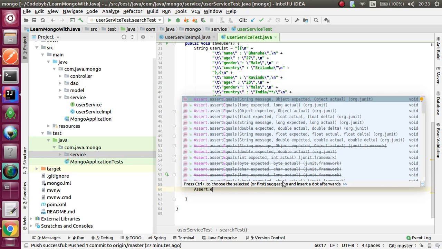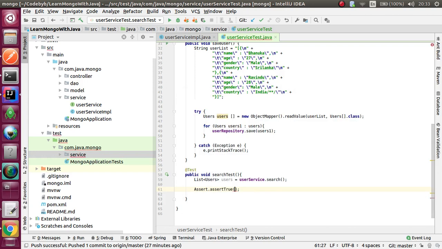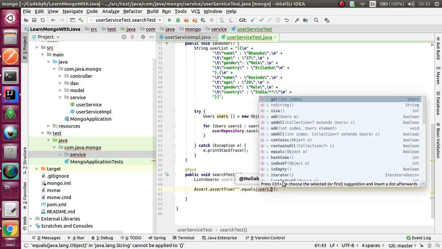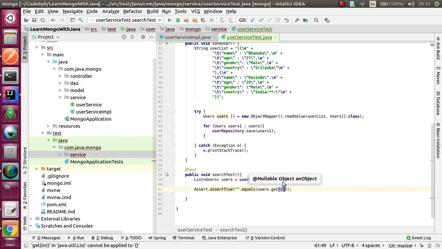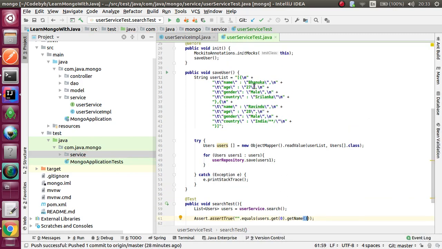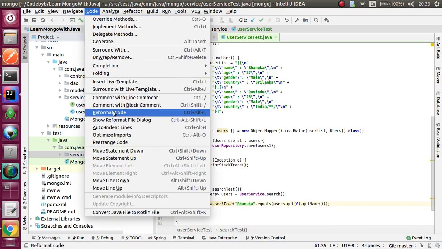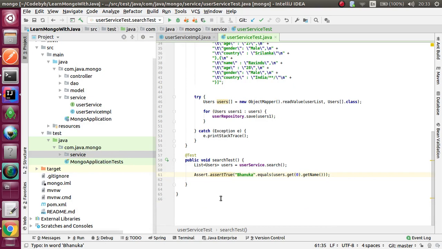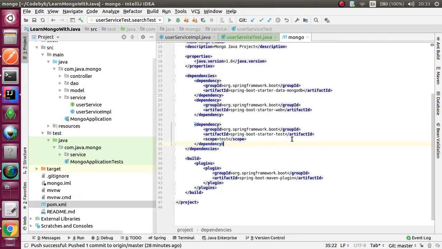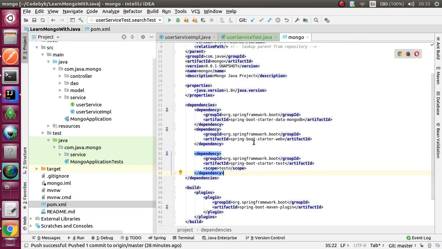I'm checking now whether my implementation search method is working or not. users.get(0).getName() would be equal to Bhanuka. So here, in the POM file, you have to add